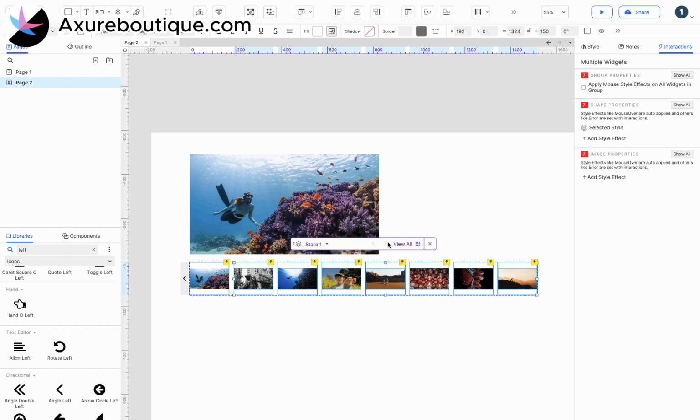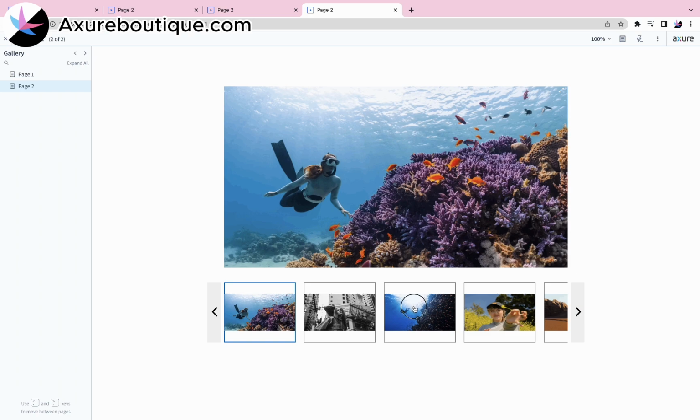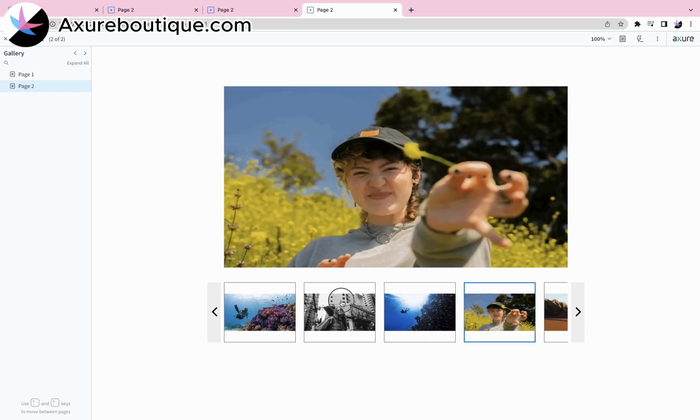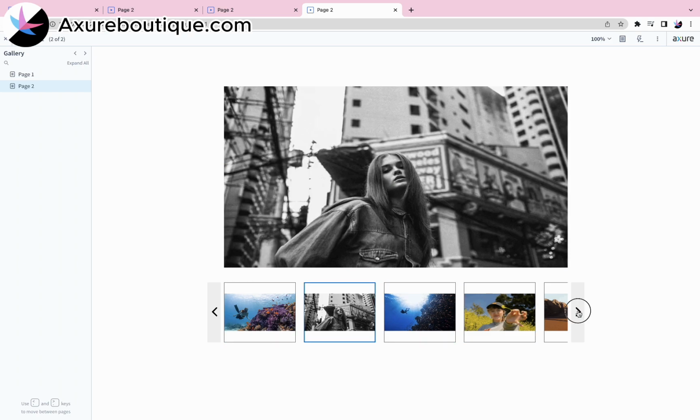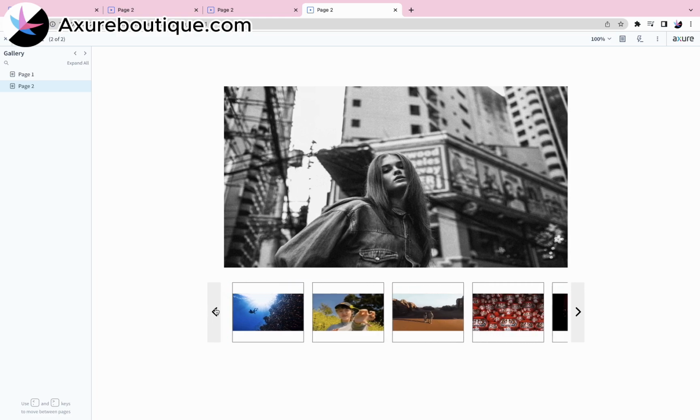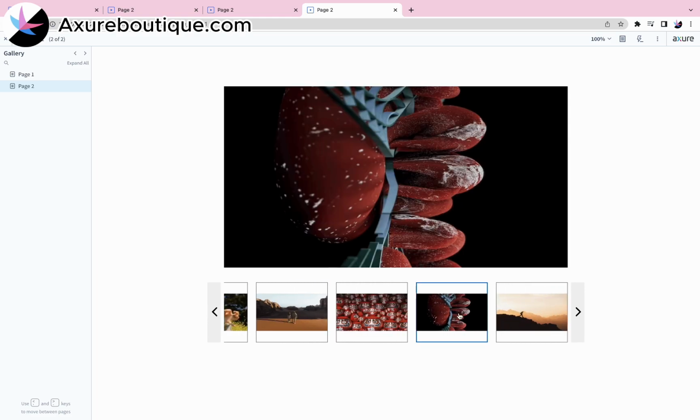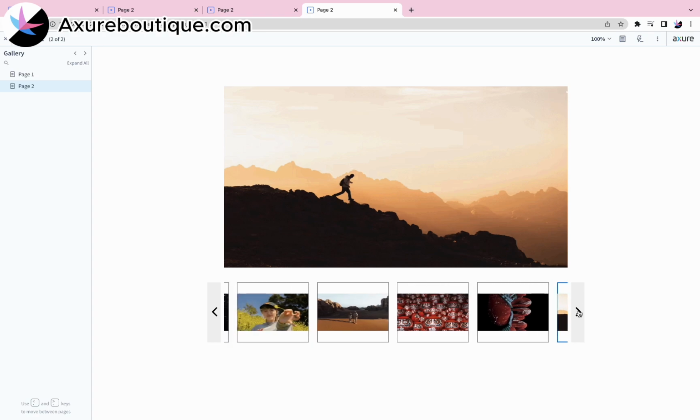Preview the prototype. Click the small image, and you can see that the large image also switches to the same image. Click the left and right arrow buttons to see the small image scroll left and right, and can only scroll